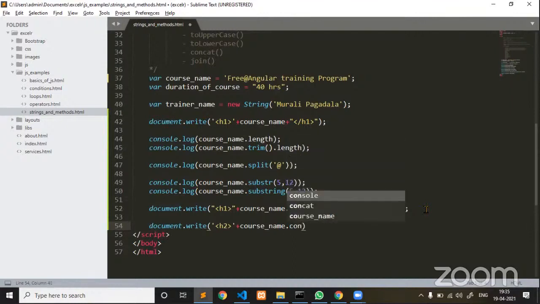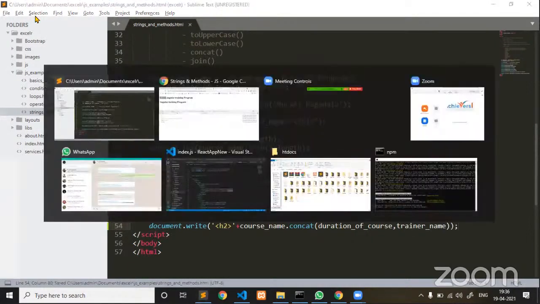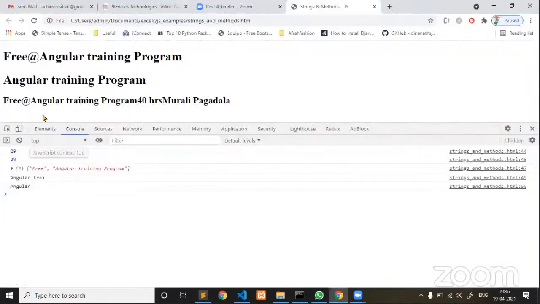I can use plus or I can also use concat. I can pass different variables like duration of a course, comma, trainer name, multiple strings that I can pass. Now go and execute it. Now you see here: free Angular training program 40 hours Murli Pagdala.